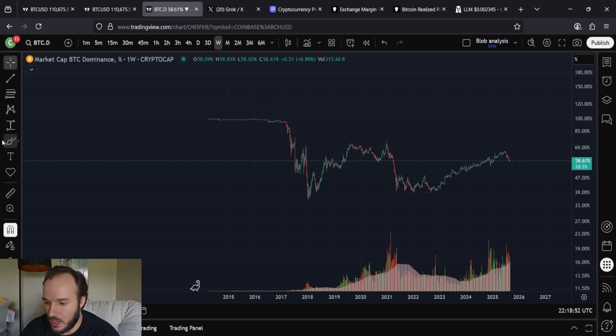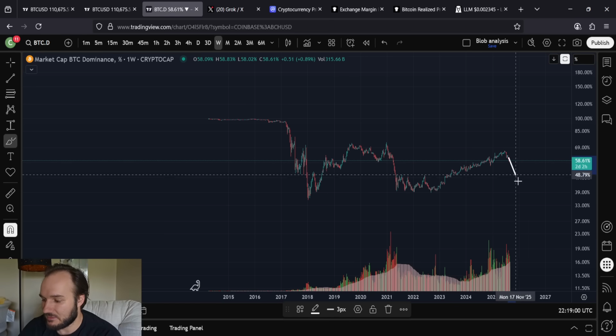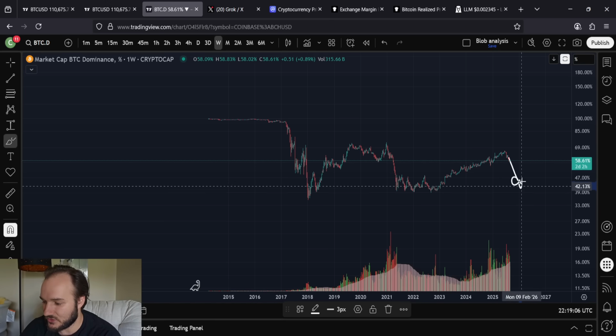But probably not even there. We probably would go, if not below 40%, at least something that's near 40%, between 45 and 40%, right? That's the area that we would probably find our support in for our bull market, or for our Bitcoin dominance to signal that the end of the bull market is happening, right? We end these bull markets.